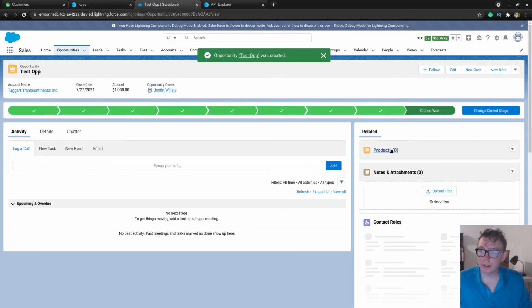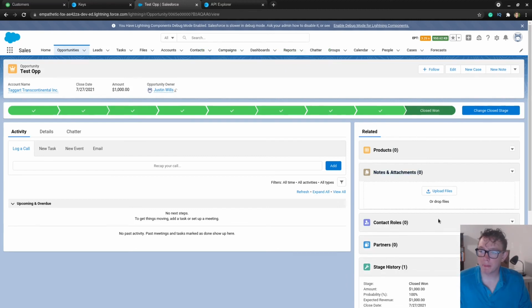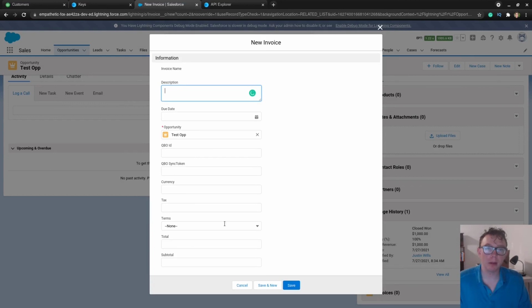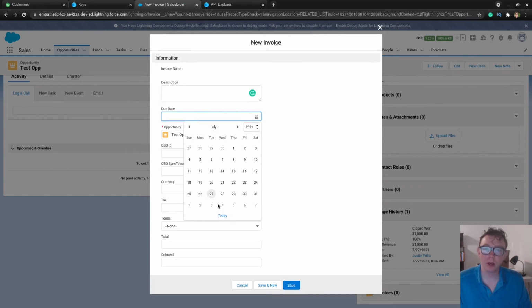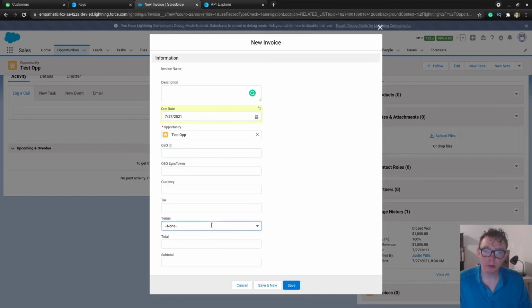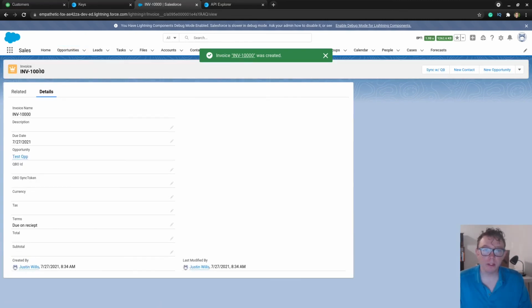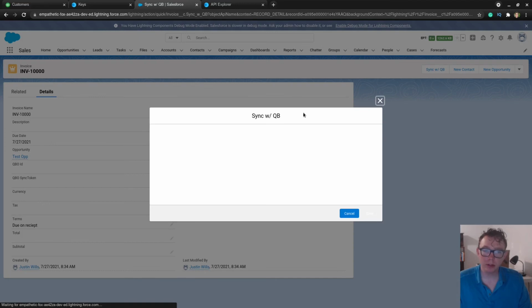And we'll create a related invoice. And if you're at a client org, maybe you have some sort of automation for this, but we'll just have the due date here, and we'll have the terms be due on receipt, I suppose. So we have invoice 10,000. Let's go ahead and sync that with QuickBooks,